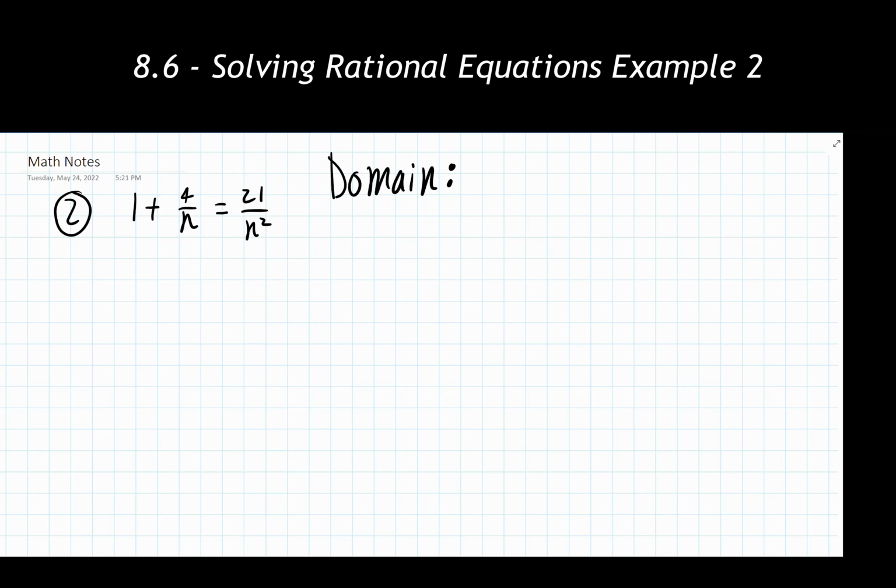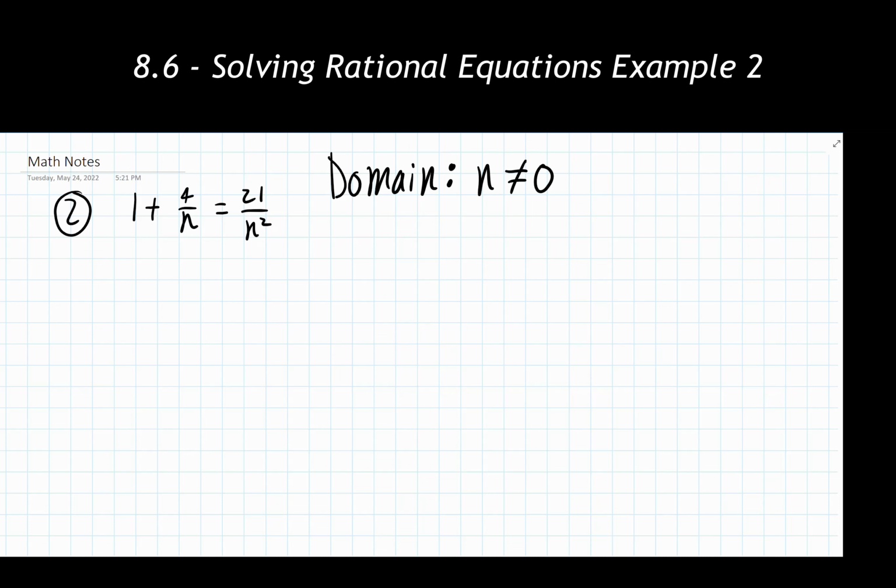So looking at our first one, n. What value when plugged into n is going to create division by 0? Well, that's just going to be 0. Okay, well, you know n can't be 0. Maybe we're going to have a second or third number showing up with this. Taking a look at n squared, what number when raised to the second power, or when multiplied by itself, equals 0? And that's also going to be 0.